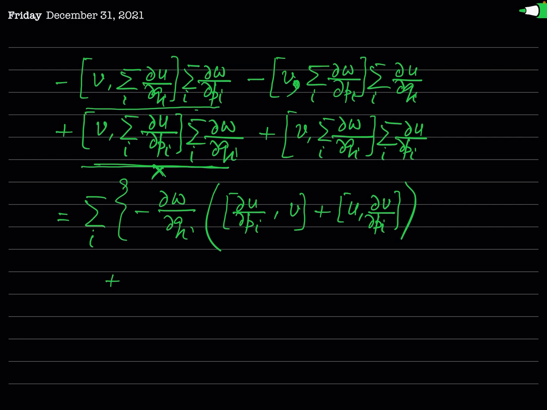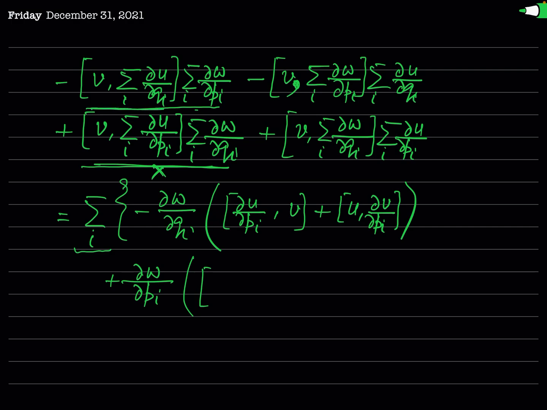You can see, this is del w by del pi, I am taking it as a common factor, and summation is written here. This is applied for all of the terms containing the subscript i. So this is del w by del pi, and Poisson bracket of